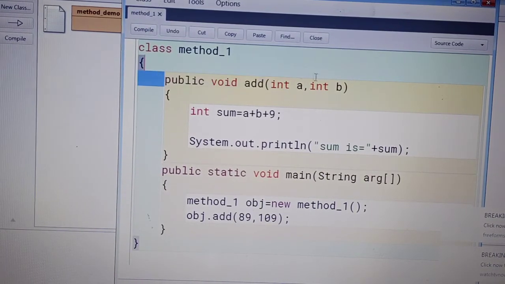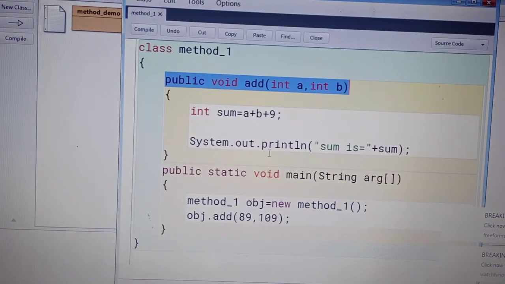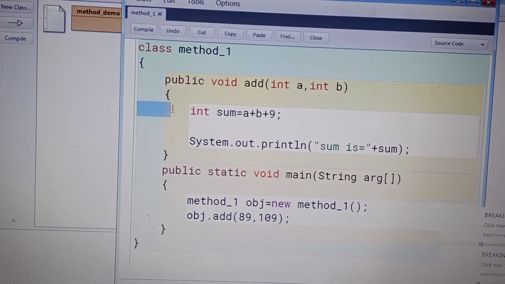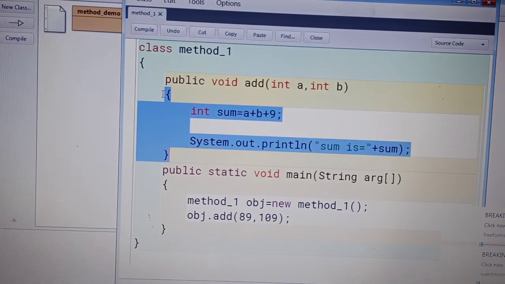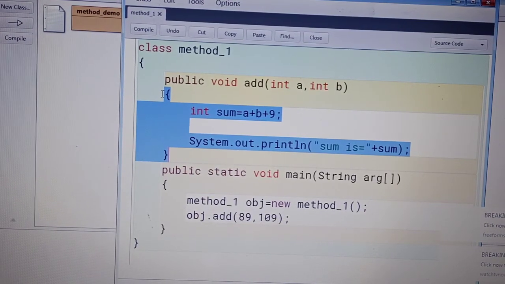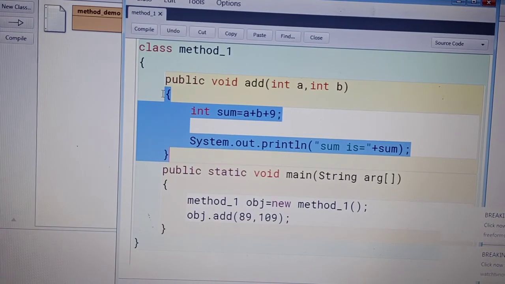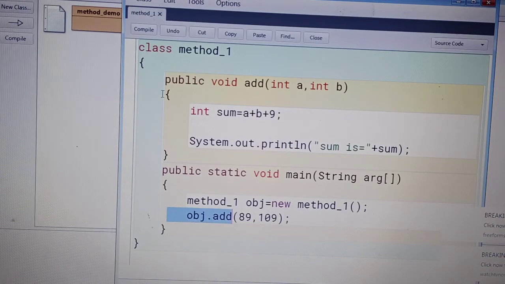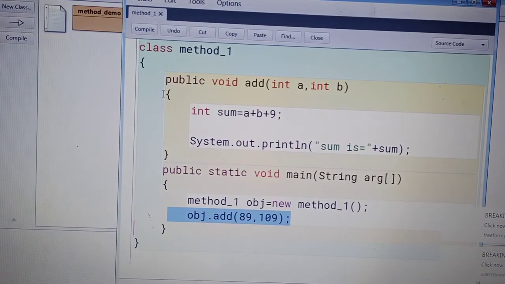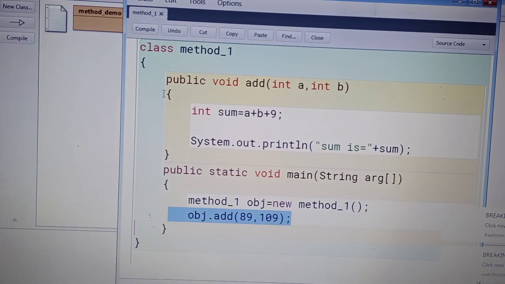Okay, then from these curly braces, this part is known as the definition of the function, or you can say the body of the function or body of the method. And next is the calling of the method. So all three parts are present in this program. Clear that?